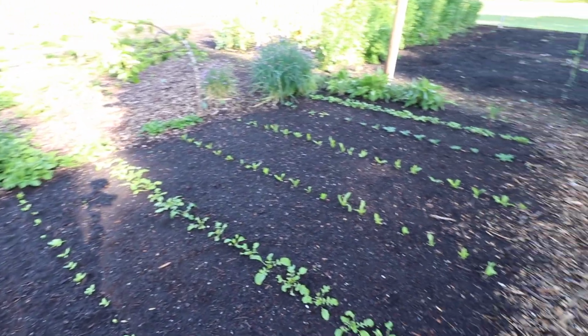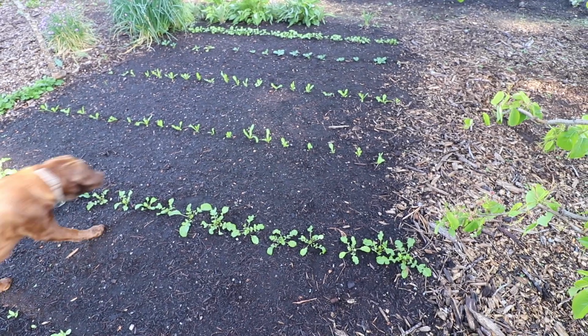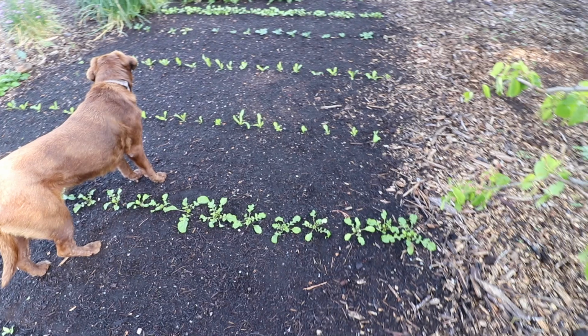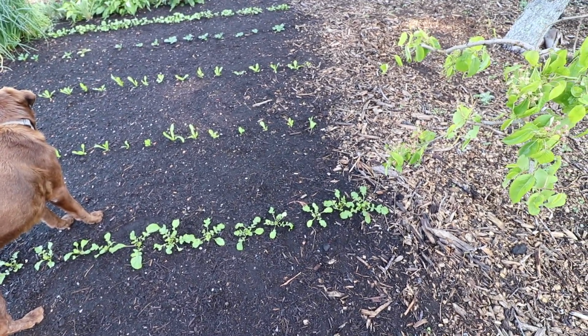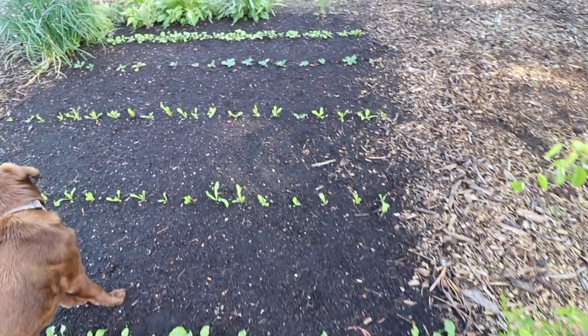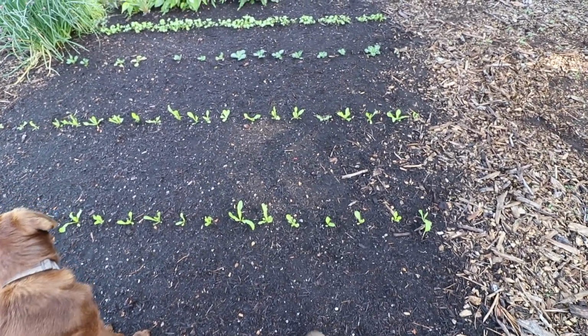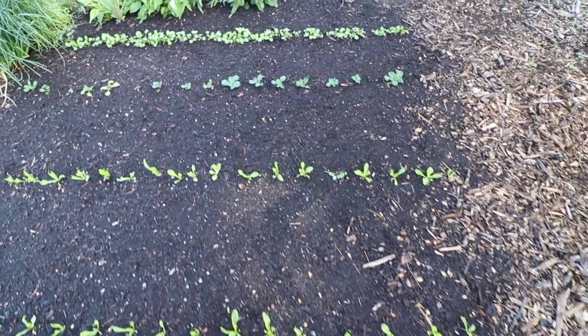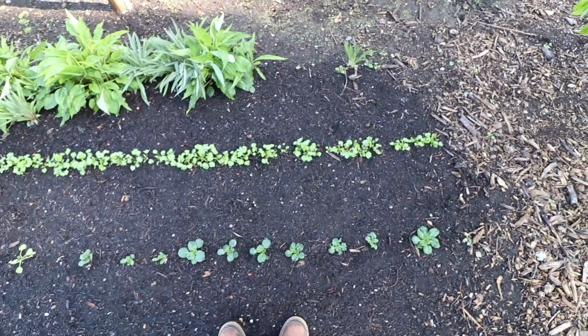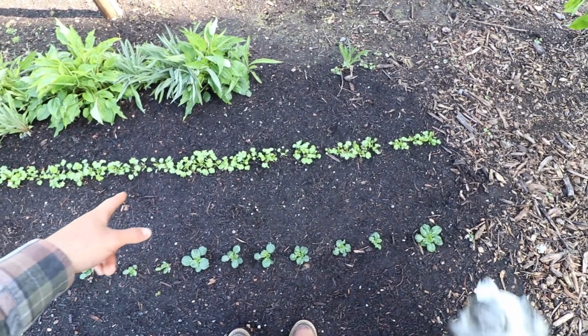So let's see. Not sure what that is. It almost looks like radish, but he said he planted this area with greens, so it could also be some type of arugula. But looks like endives. Looks like tatsoi, cilantro,